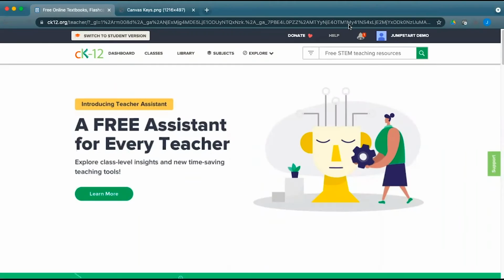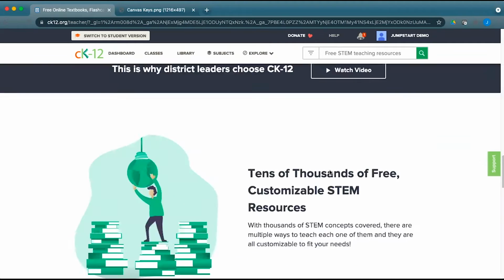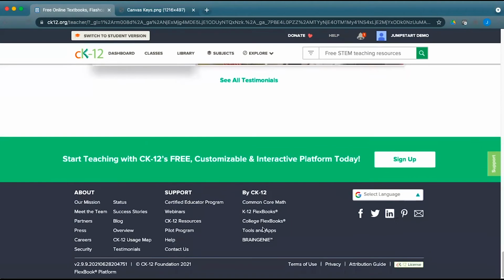If you are a school or district that uses CK12 and also Canvas or Schoology, we recommend that instead of creating CK12 classes, you simply install the CK12 app within those platforms and make all of your assignments there. To get started with this, go ahead and scroll to the bottom of the CK12 webpage and click on our